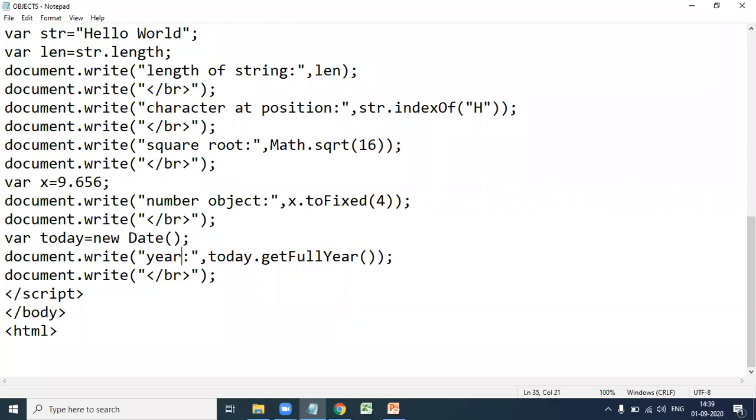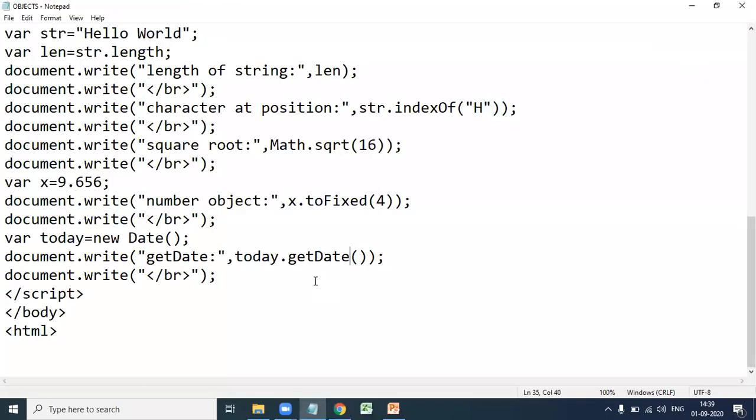Suppose here getDate. It returns the day of the month. So here getDate, the day of the month, that is the first day.